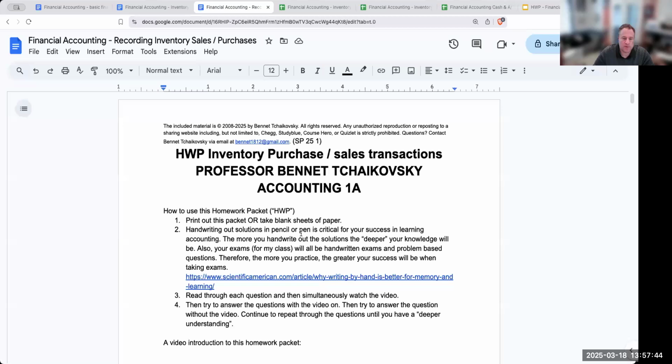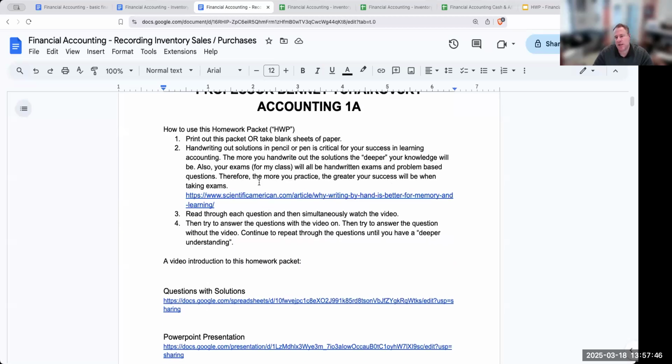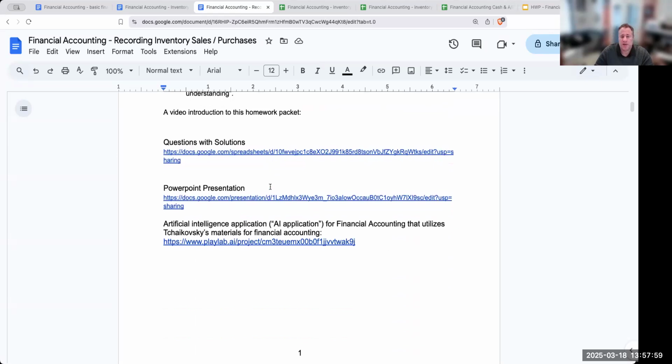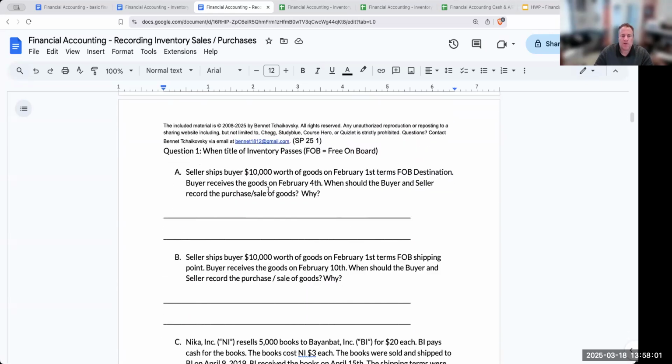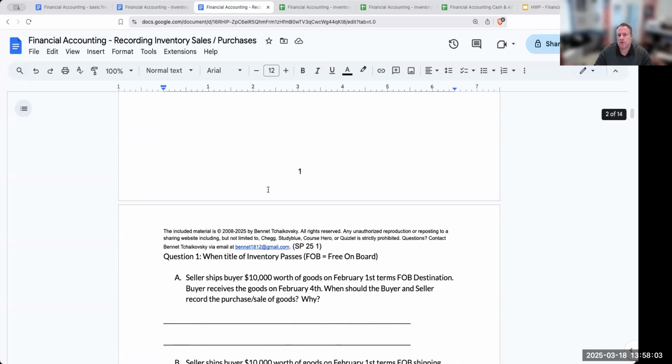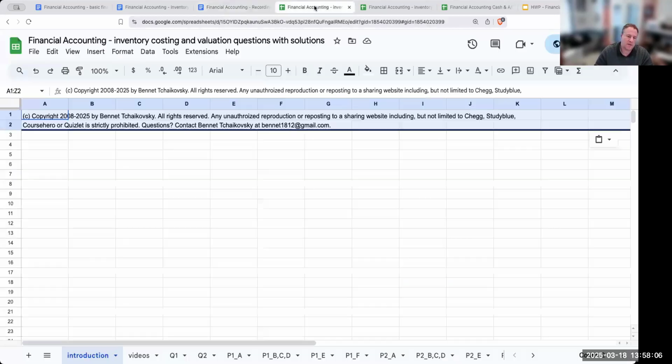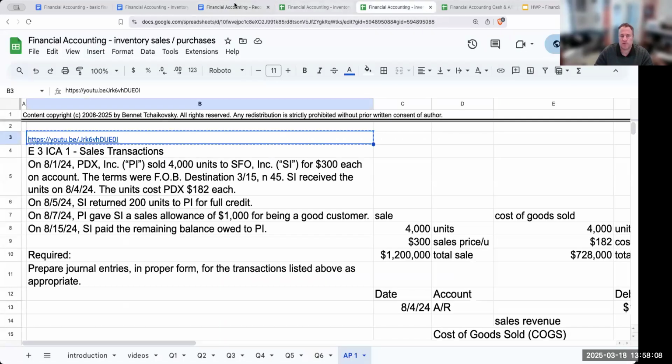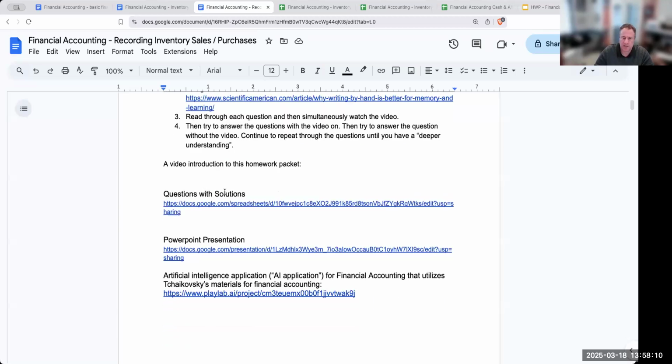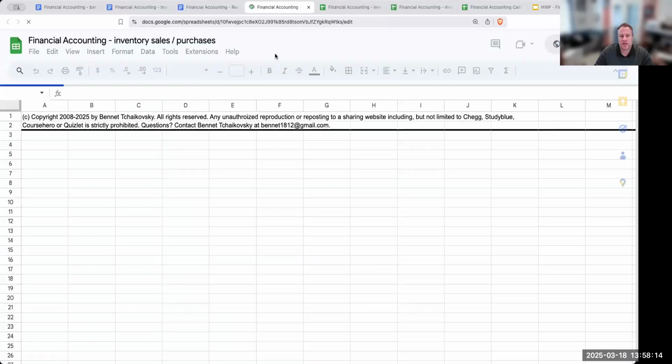Again, as a reminder, the importance of handwriting out everything, especially with this particular chapter, mainly because when we start going through and recording sales transactions, you're going to need to know how to do different types of things. So when we go through the questions with solutions, and again, how do you access these? Right over here, just click on this, and this will take you to